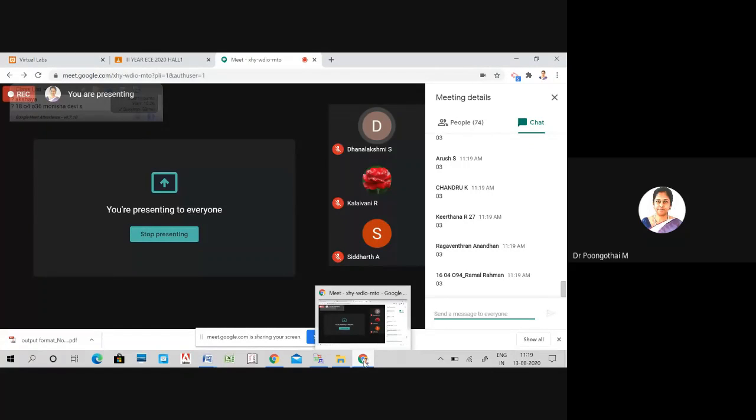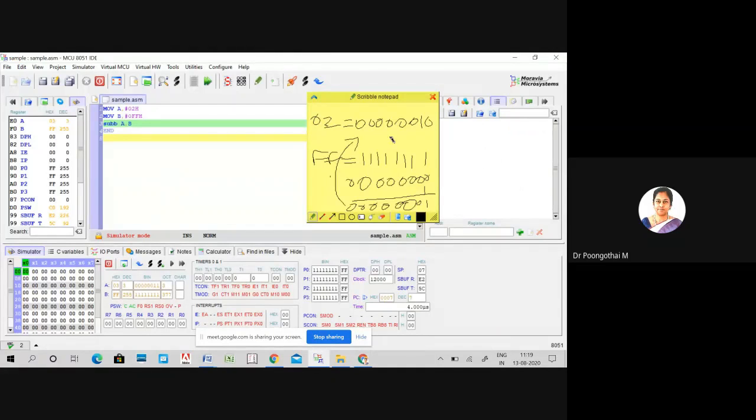When we are subtracting 02 from FF, the answer is FD, okay? But here the answer is 03, and this 03 is in 2's complement form. To extract the original answer, we need to convert this 2's complement form to true form, okay?